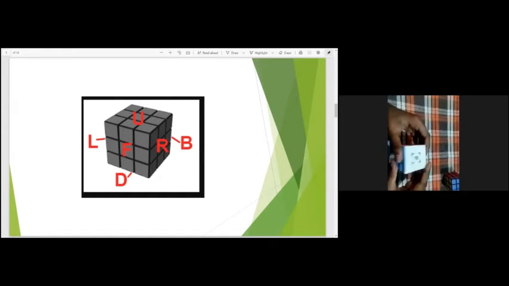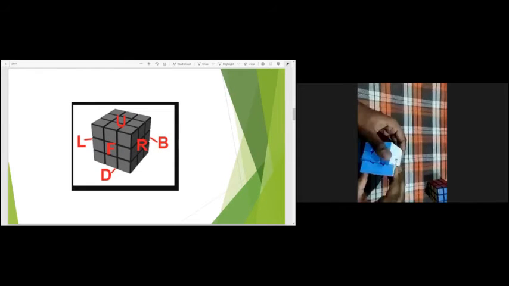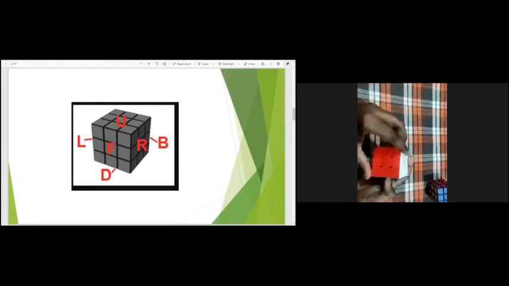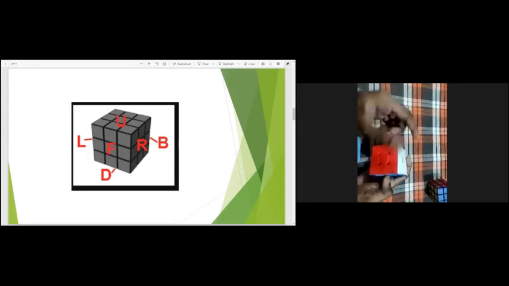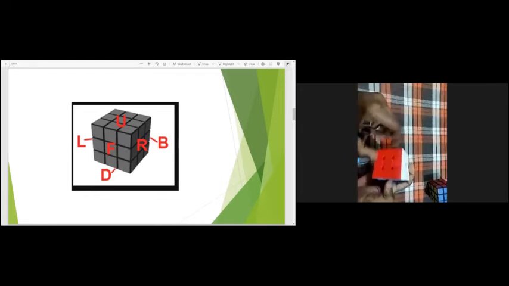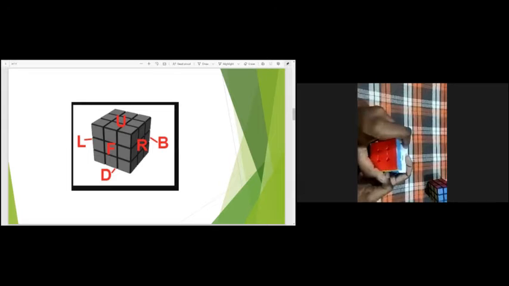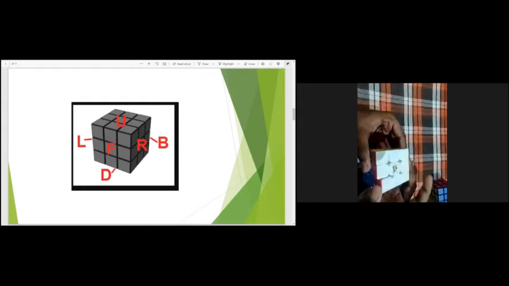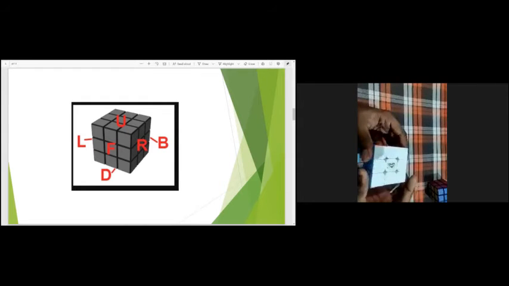Talking about moves, this one is considered as R, which is right, in clockwise direction, and this is R inverse, which is anti-clockwise direction. This is L, left in clockwise direction, and L inverse, anti-clockwise direction. This is U, up in clockwise direction, and this is U inverse.